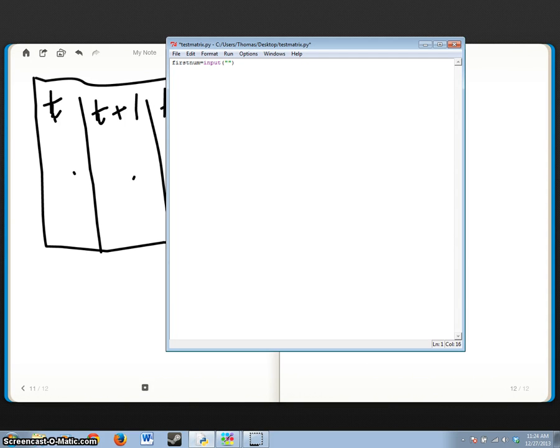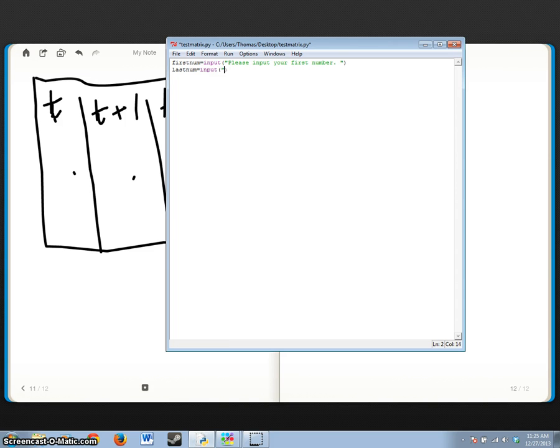In between the quotation marks we write, please input your first number, period, and a space, so there will be some room between the answer and this question. Now hit enter and type in last num is equal to input